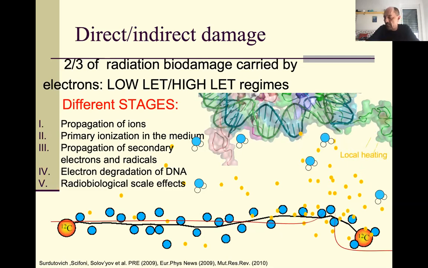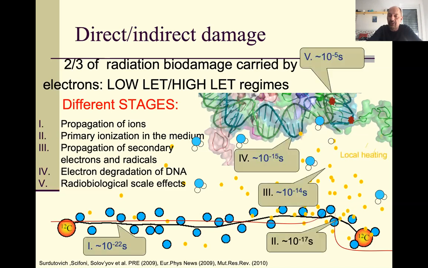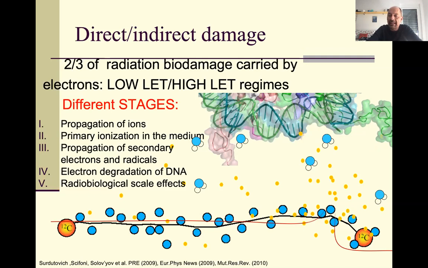There are also other effects. We will discuss this. The local heating, actually the energy released can be so high that you can have local heating. And you see, let's say in the previous animation, you see the electrons, the yellow electrons making the damage. You see the electrons here that produce directly that, but you can have free radicals, like here, this is a free radical, so it's a water molecule that is actually producing the damage in the DNA. So it's not necessarily the electron itself, but can be the water